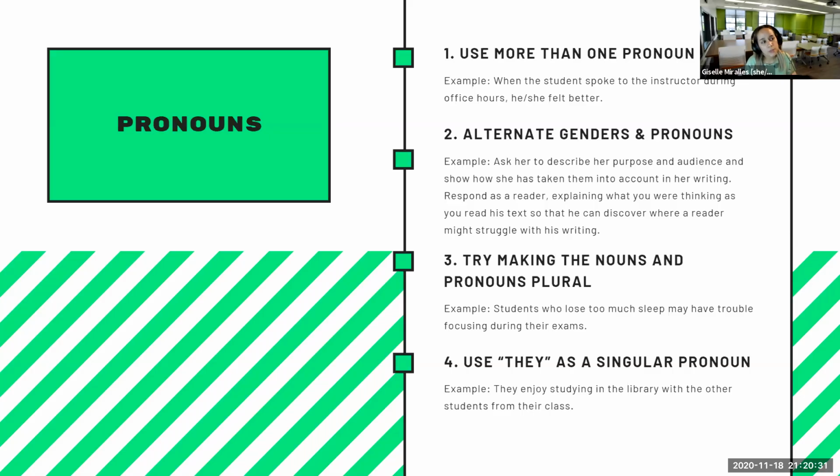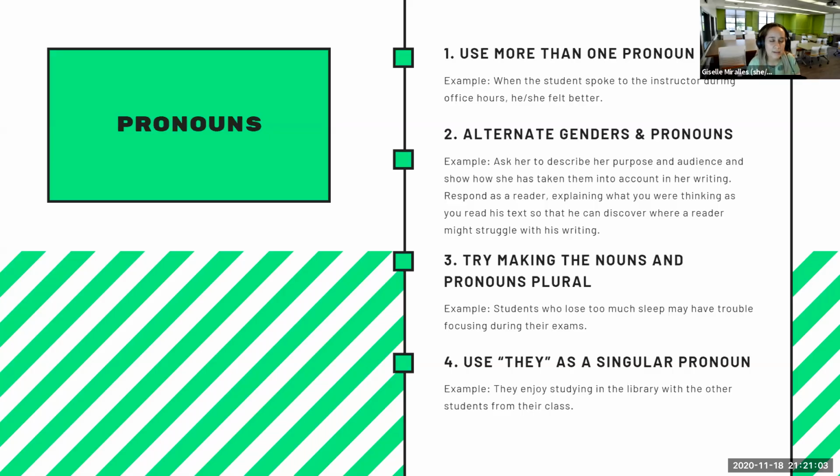Another way that you can avoid using gendered language is to alternate genders and pronouns. This one's a little bit different and it's very situation specific. It can also be a little stylistically awkward, depending on what you're using it for. So a good place that you could use alternating genders and pronouns is if you know that both men and women are using whatever the service that you're talking about, or it really only applies to like a scenario